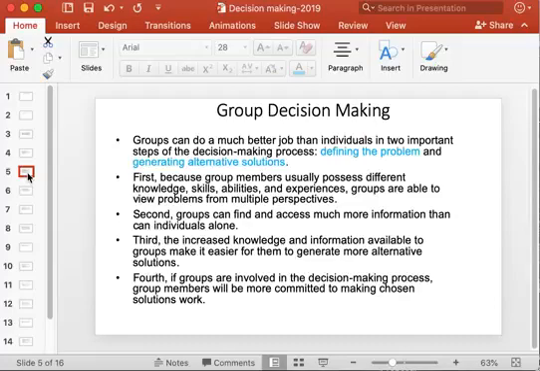And there are 4 reasons why groups are much better in these two, for defining the problem much better or coming up with